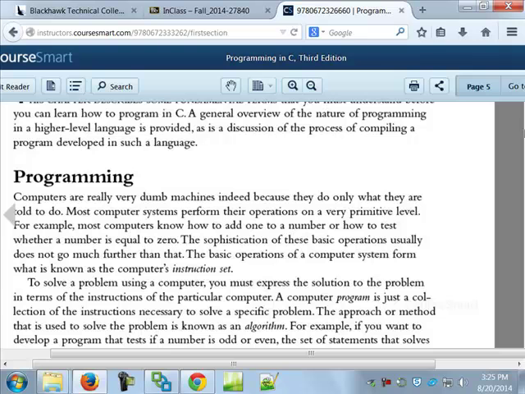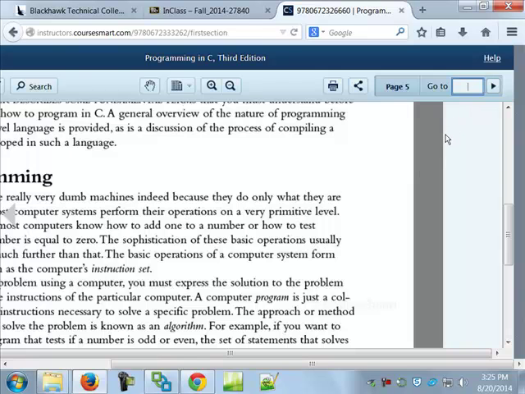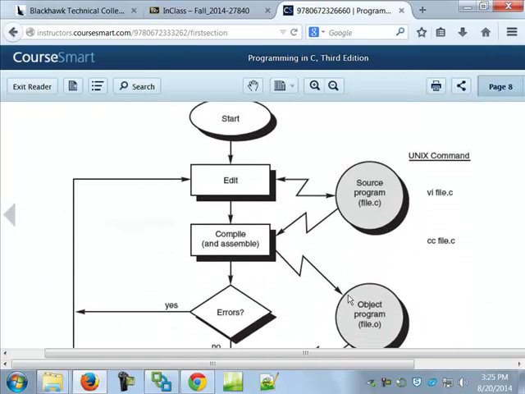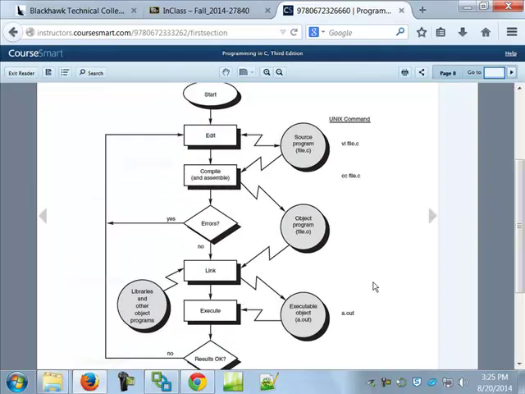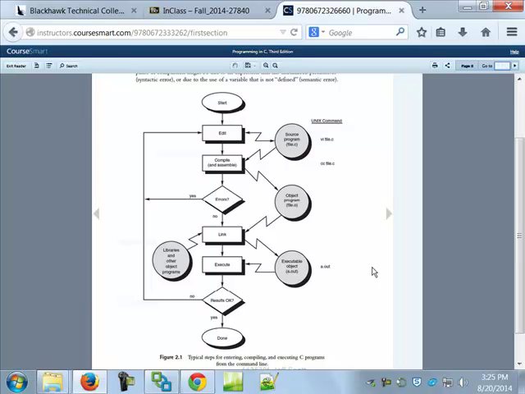But then he does show you a pretty good picture. That's on page 8, and that's this picture. Now, I had to make it pretty small to have it all show on the screen. But what he's showing is the process you go through as you're creating, compiling, and then linking your program. All programming languages go through some offshoot of this, probably no two exactly alike. I've already mentioned, for example, Microsoft compiles into the Microsoft Intermediate Language, and then it runs that compiled file.